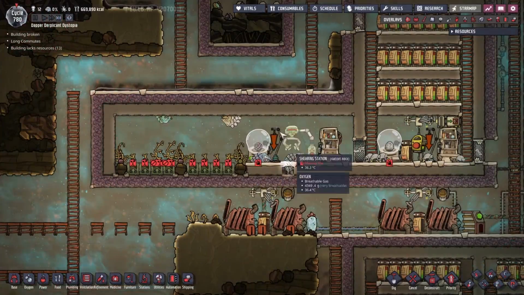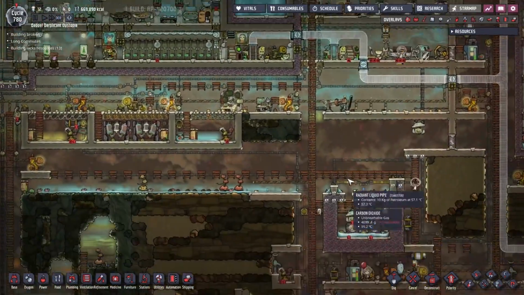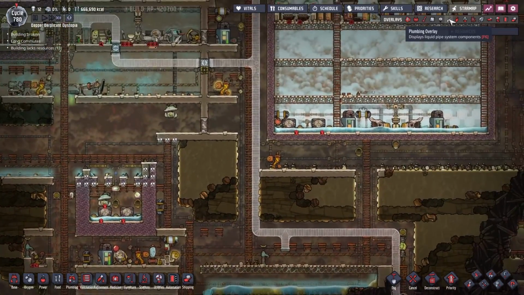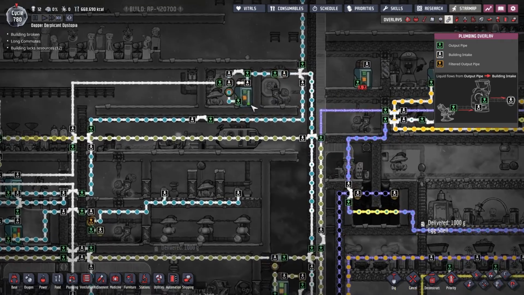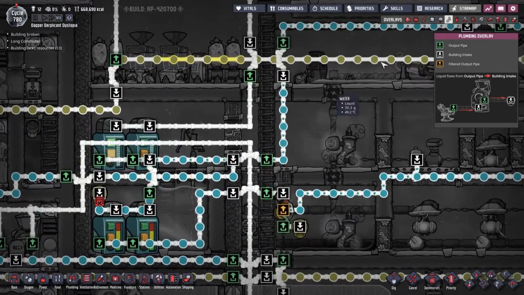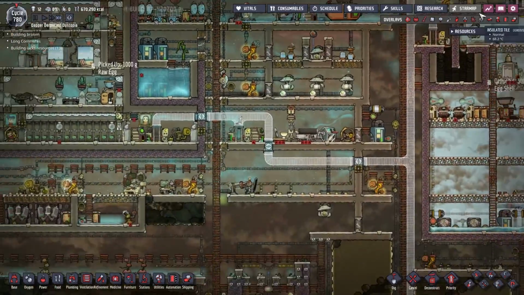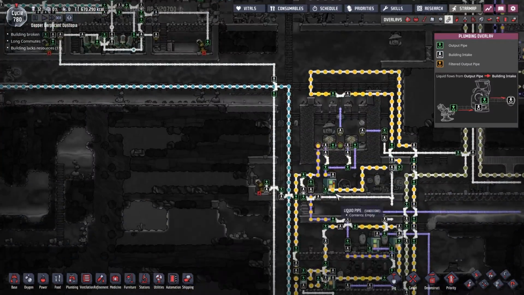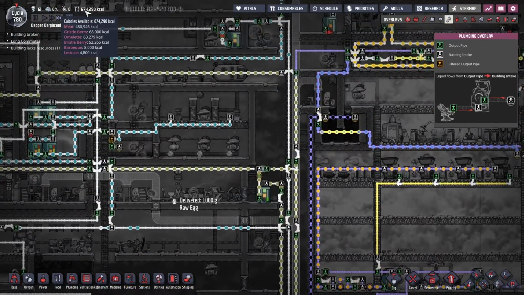I'm afraid we haven't been able to control that temperature ever since we started having issues with liquids in the base. But let's have a look at the fluid tanks. I mean, are these starting to fill at all? Not really. I think we're using up a lot more than we need to. I think at this stage...